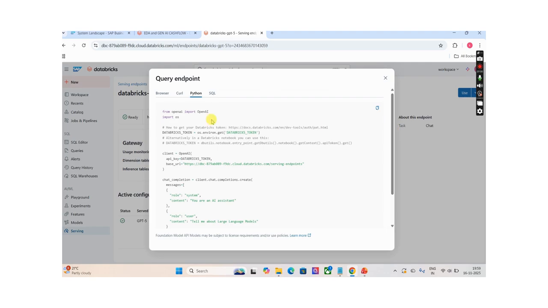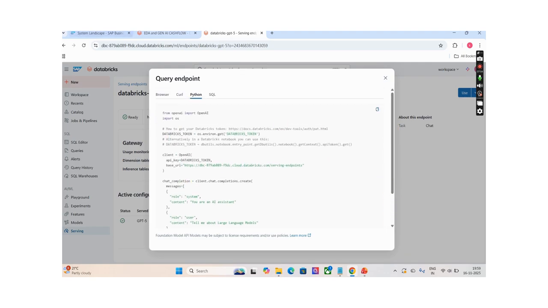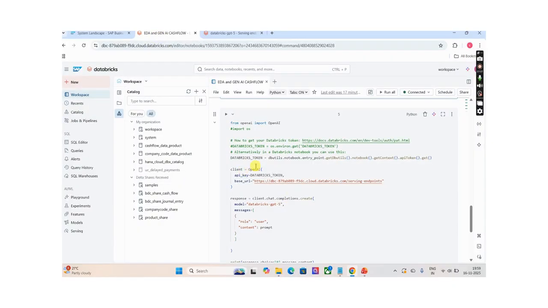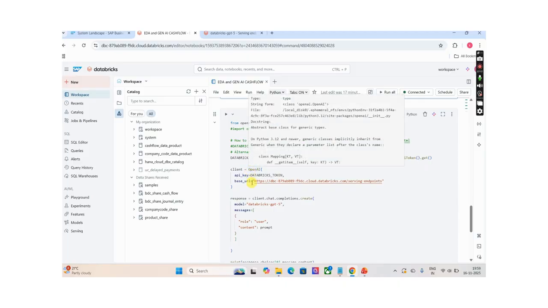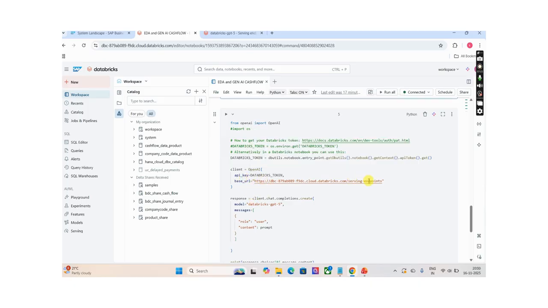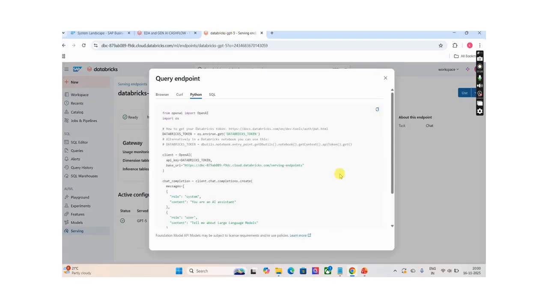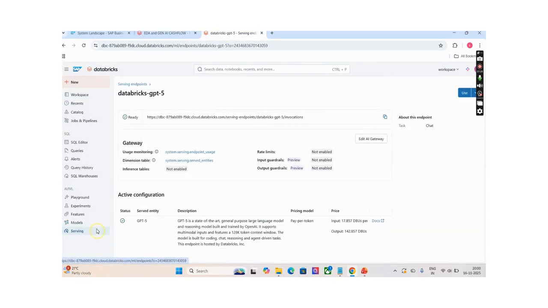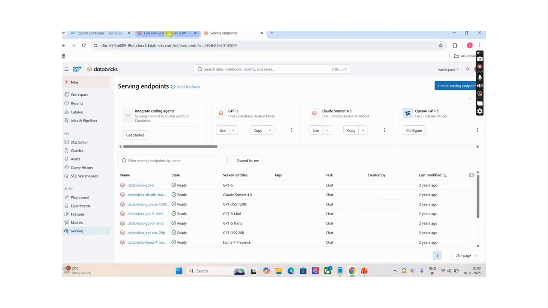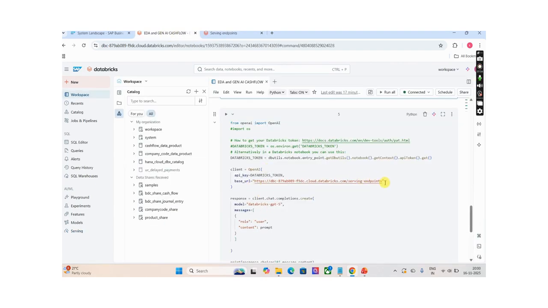for how we can integrate. Okay, so from here, OpenAI. You just need to copy the code from here and paste it here. The same thing I have done here. Databricks token, this is the path for the token, and here I'm configuring the OpenAI client. Okay, so this one is the API key. This one is the base URL where our endpoints are configured. Endpoints means servings. Okay, so these servings are called endpoints. This is the location of the endpoints.